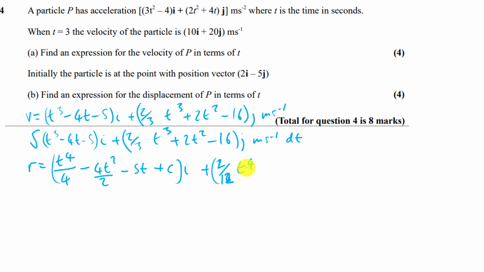We're increasing the power, then dividing by 4, so that will make it 2 over 12, plus 2t cubed over 3 and minus 16t plus d, and that's in terms of j. And if you just simplify that,